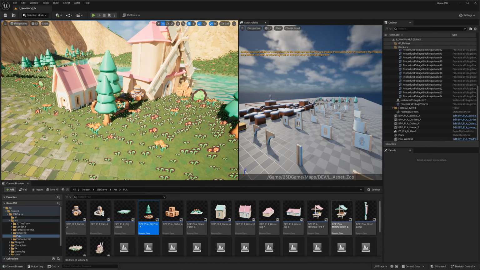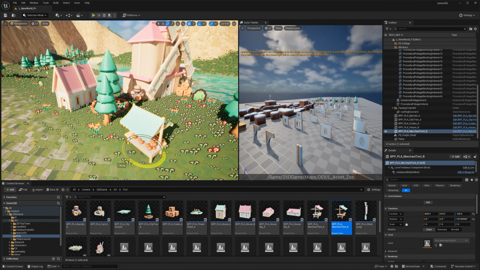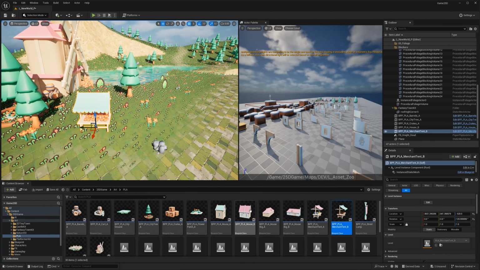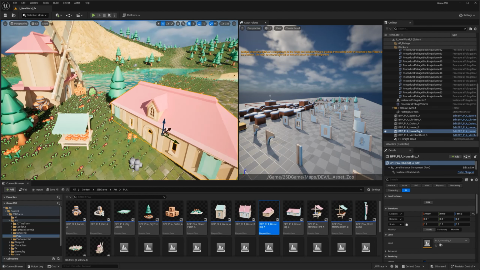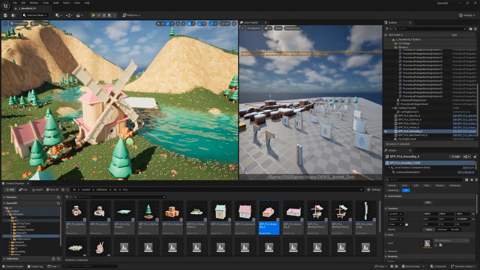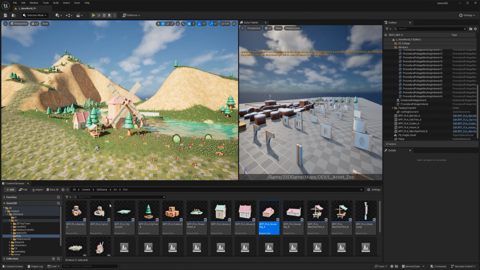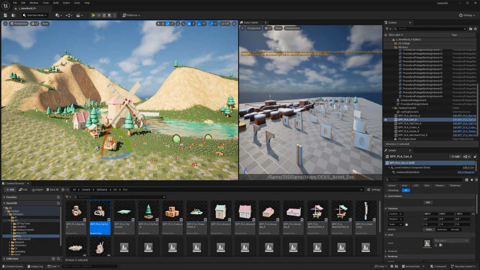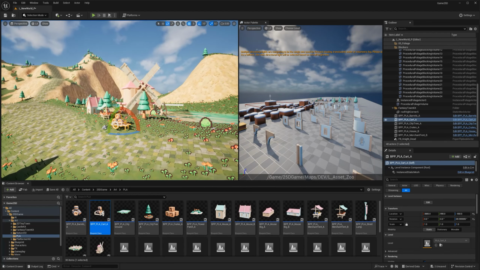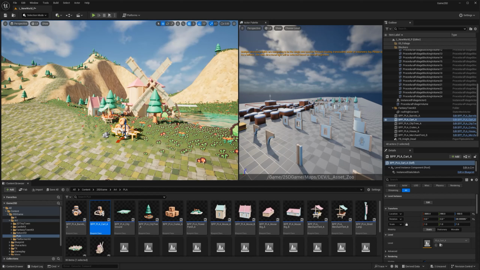So you can start grouping. Maybe this is a merchant. You can start arranging in different ways, creating different arrangements like the ones that I did. If you build this stuff on top of a plane, it's always going to be flat to the ground, which is what I want. Then it's going to be easier to create this kind of stuff. For example, there's a cart by the road. That makes a lot of sense, to have a cart by the road. So I love it. You can even enable snapping. So it snaps to the normal, like stays in an interesting angle. There you go.